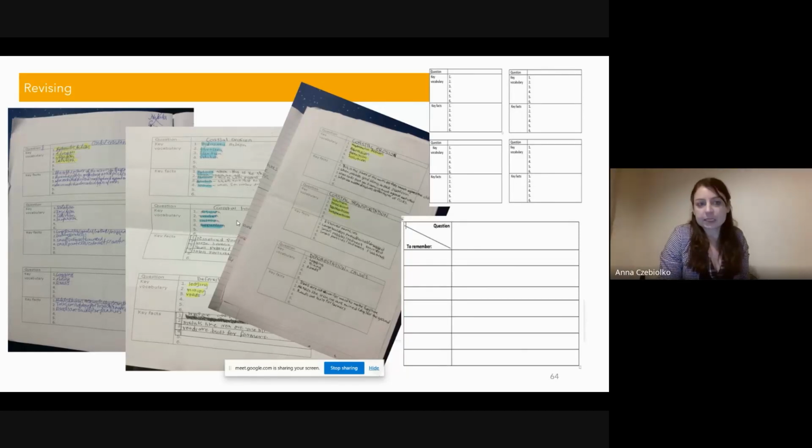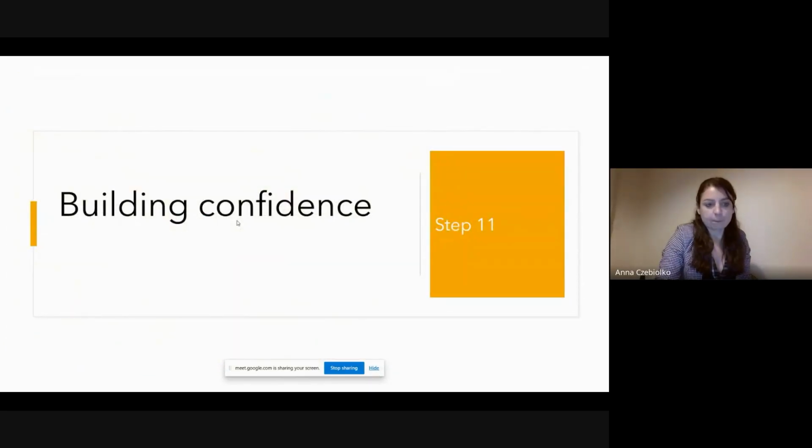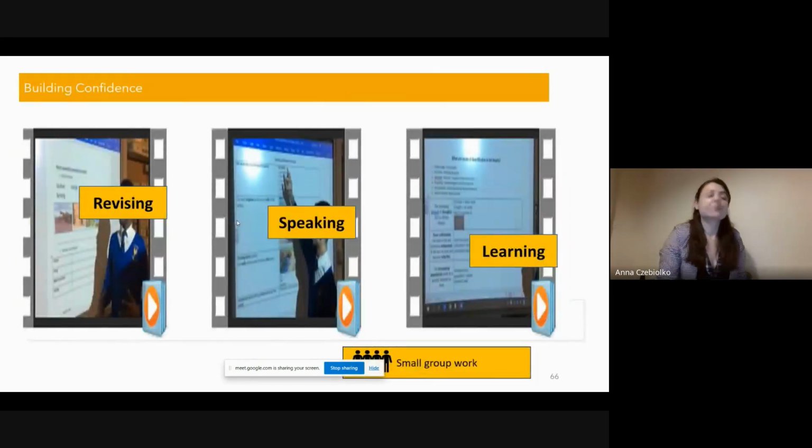They can ask each other to write down those answers, to check the spelling. And it's so much easier to work on such personalized resources than on longer texts. Building confidence, a very important step. When we've done our revising,